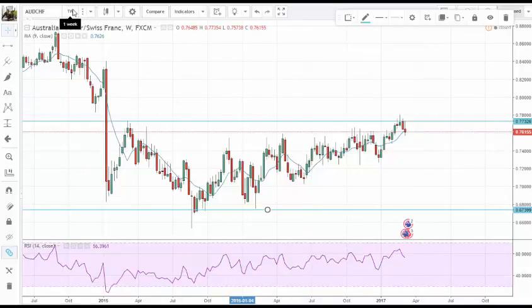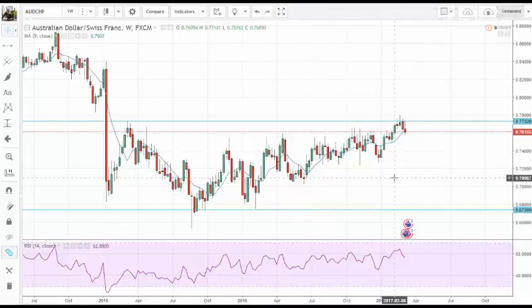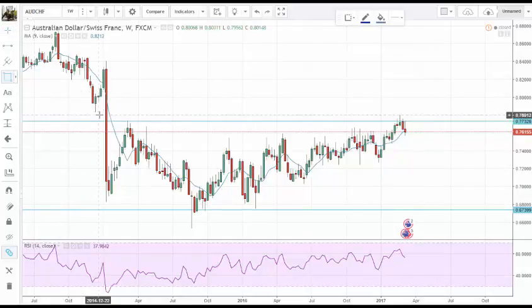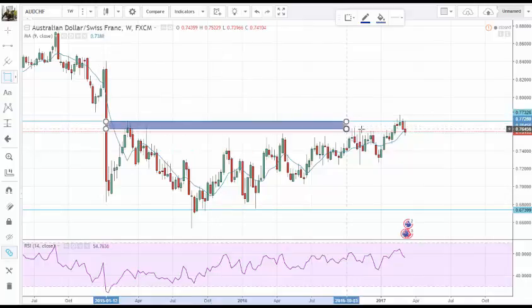So we start on a bigger time frame. I do my multi-time frame analysis. I go from the weekly down to the 4-hour chart with the daily chart in between. So this is the first thing that I want to draw on this chart. Then the second thing I do is I use these rectangles to point out where